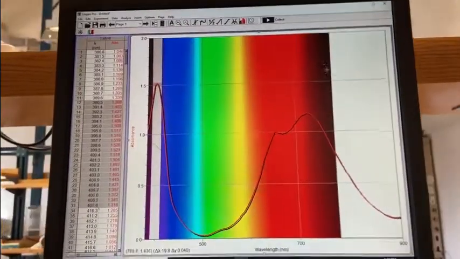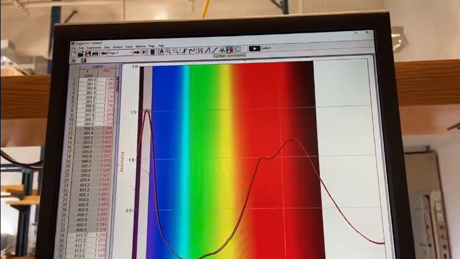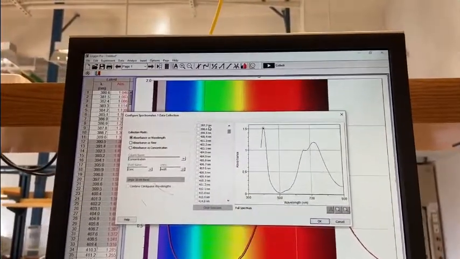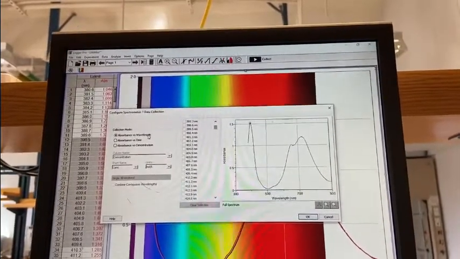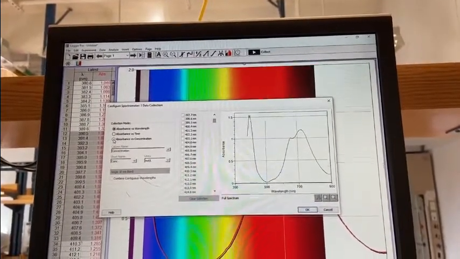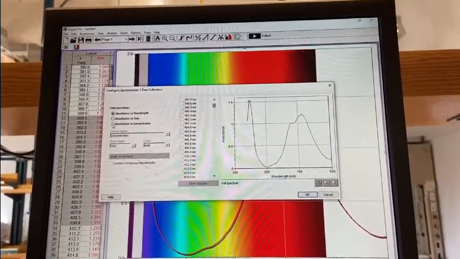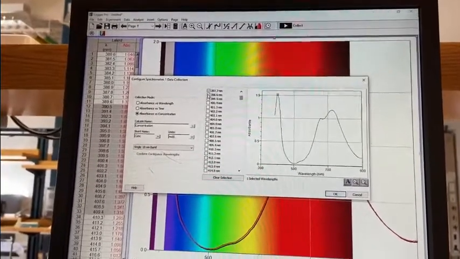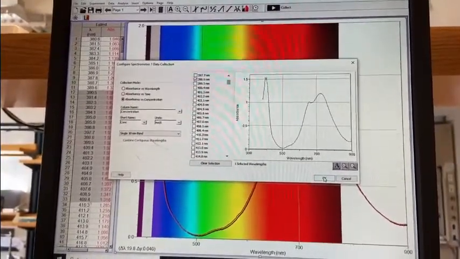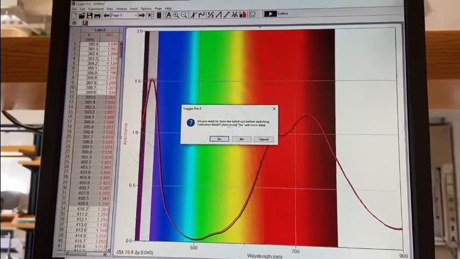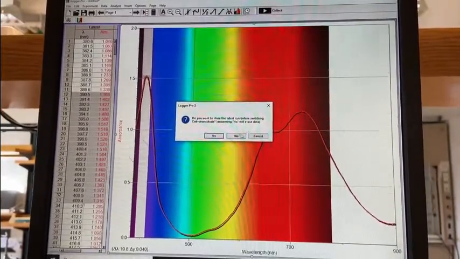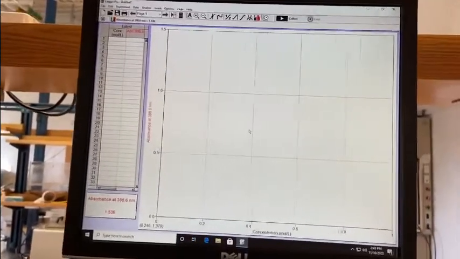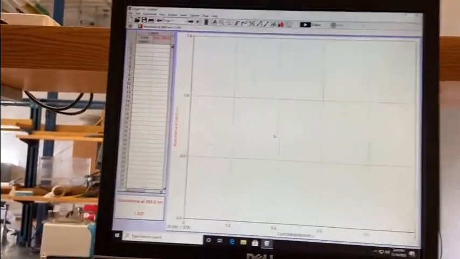Once you have got it, I am going to click on this one, the rainbow sign here, and you see it is absorption versus wavelength, but right now we need to find the standard curve. So we are going to absorption versus concentration, and for that we are going to use 398.6 as I said, and press OK. Do you want to store the latest run? Choose no, so you don't need to keep this data. Then now I am going to put my solutions in one by one.